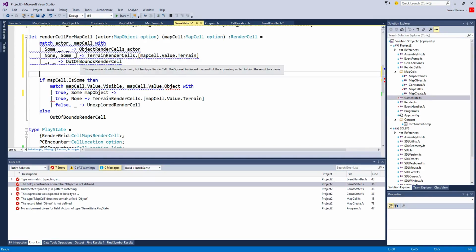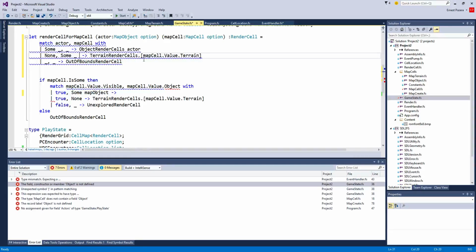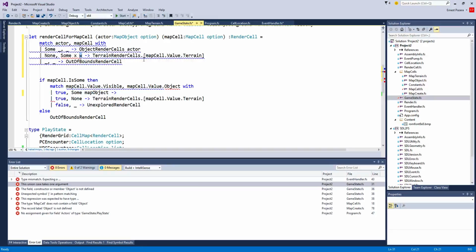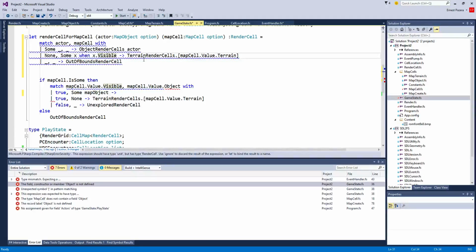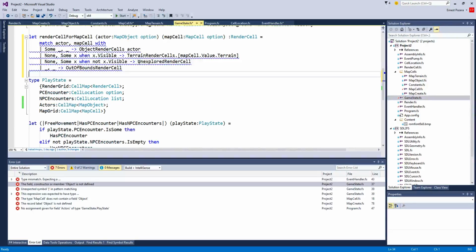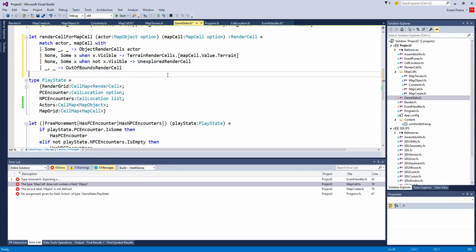So the thing is, I need a when some x, when x dot visible, and not x visible, unexplored render cell. I think this will work. I think this will really, really work. I think this is the better way to go. Yes. Now, is there a thing where,